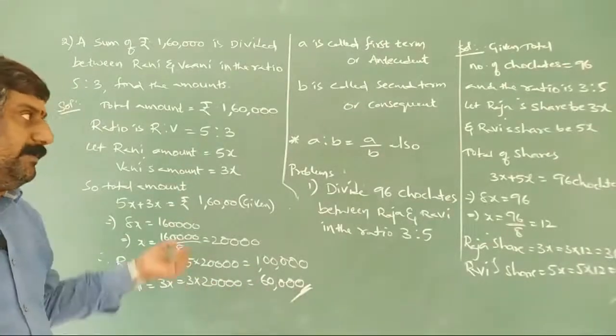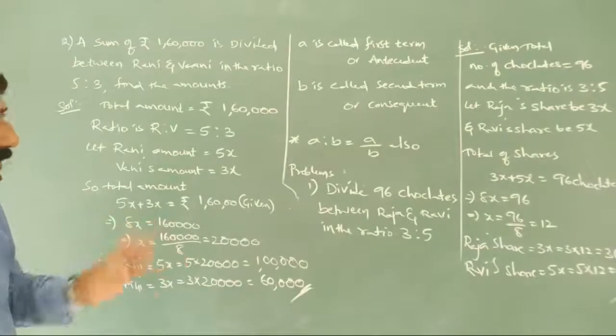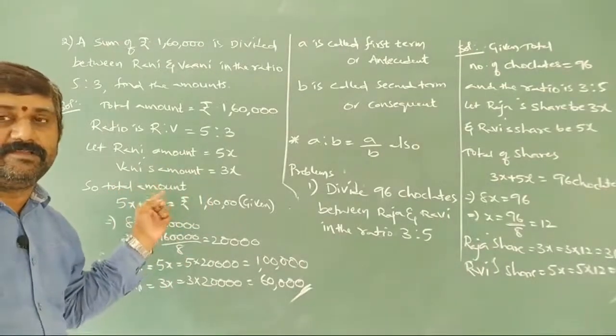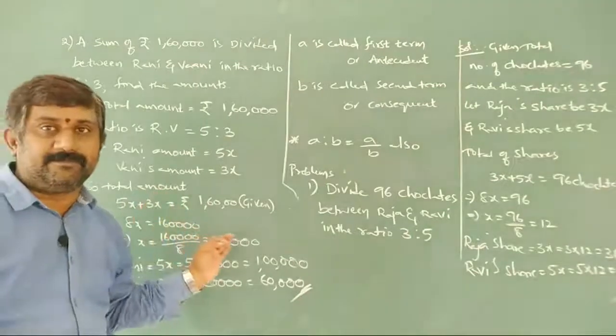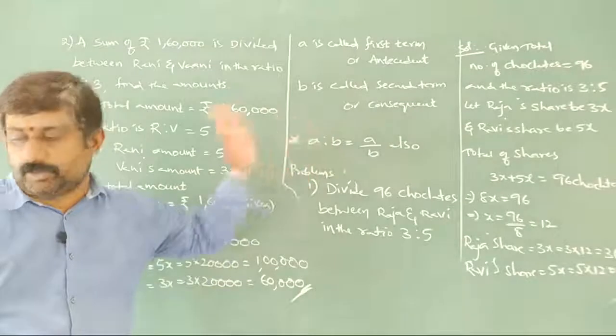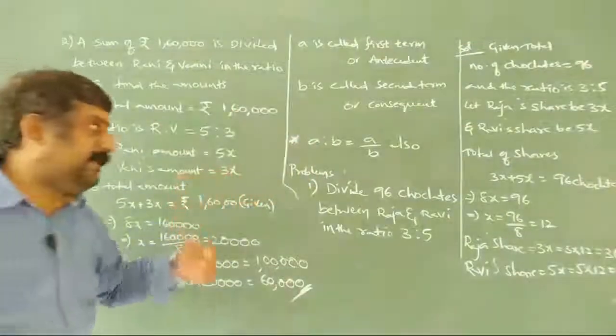One more problem. Why? Because one more problem I am going to take here in a different way. These two are the same. We have already discussed that those should be in the same units. But these are in the same units: amount and amount, chocolates and chocolates only. But we are going to take it in another way, like